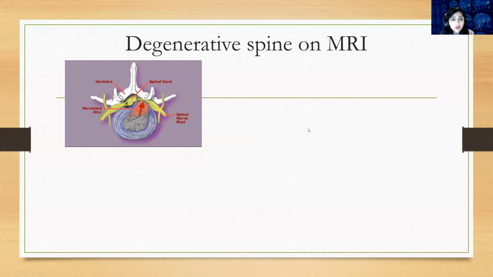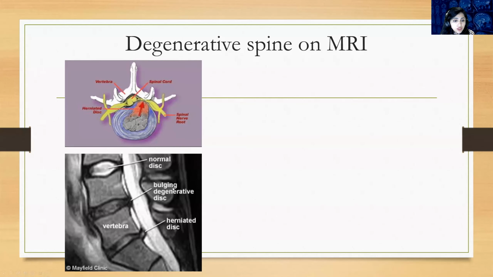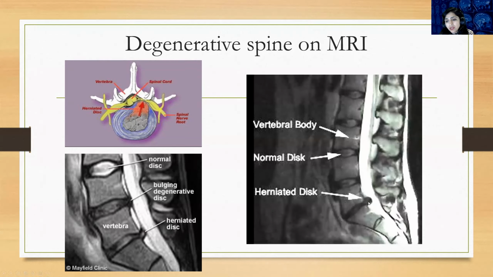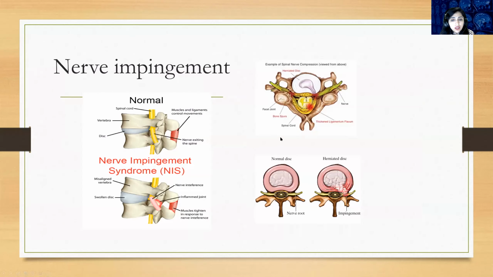So degenerative spine on MRI, disc bulge. So a little bit of disc desiccation. As you can see, in the normal disc the nucleus pulposus is very wide on T2 weighted imaging, and this is the annulus fibrosus. But with the degenerative disc, the nucleus pulposus is not that wide. That means the disc water has reduced a lot, and there is a disc bulge. The disc water has reduced a lot in this disc as well, L5S1, and there is a disc bulge. Again, the same thing. This is a herniated disc, which is causing compression on the thecal sac. Again, nerve impingement. I think there's nothing new in this slide.